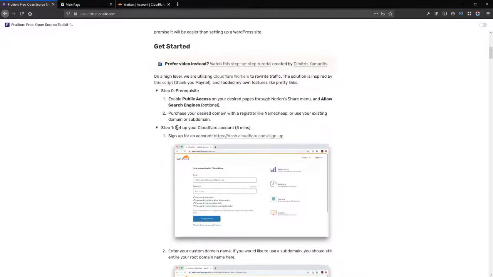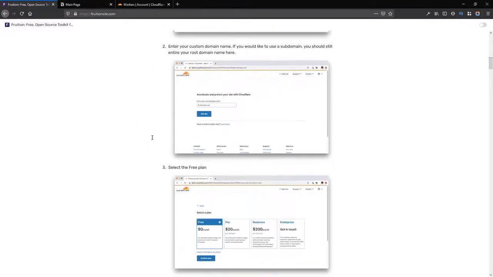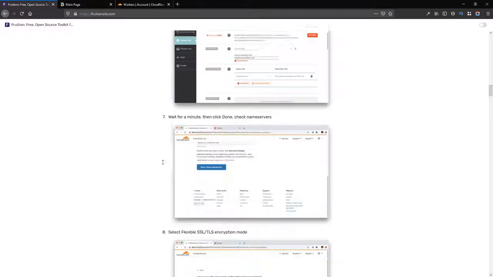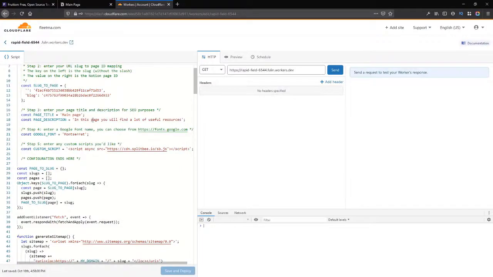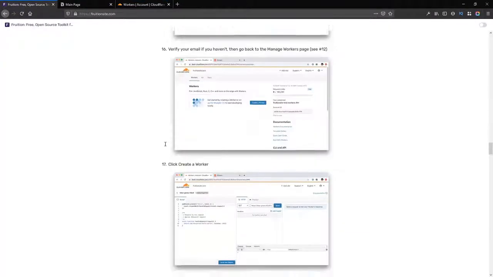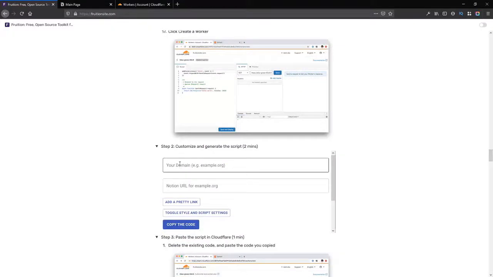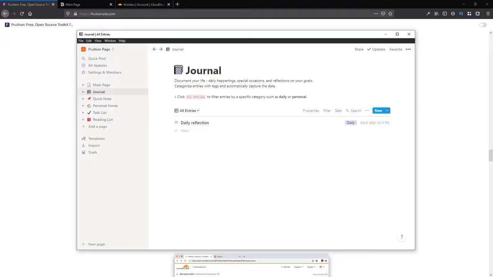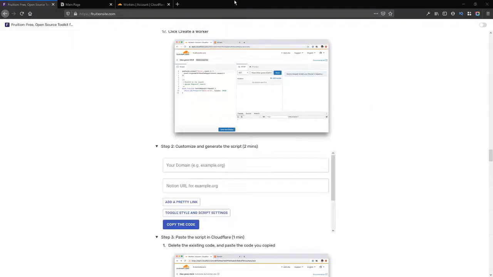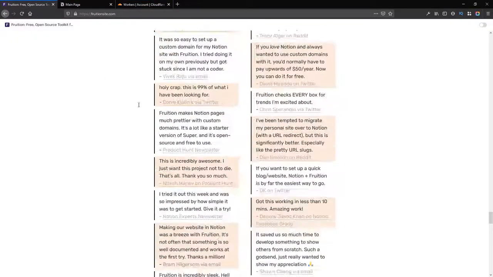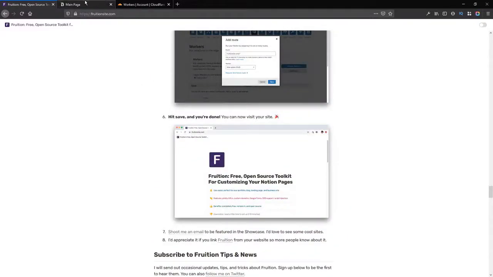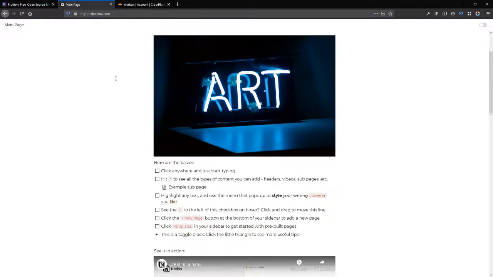You just have to follow those simple step-by-step instructions that are very clear and detailed. So at the end you will copy at some point this code here. You just have to introduce your domain, your Notion URL that you can get from here. Then it will generate for you this code. Then you just have to continue till the end to create your own website that you could use as